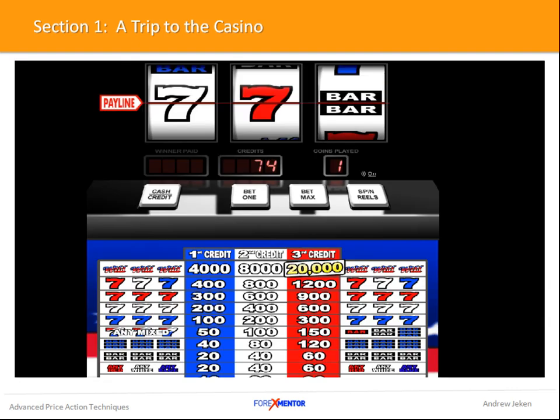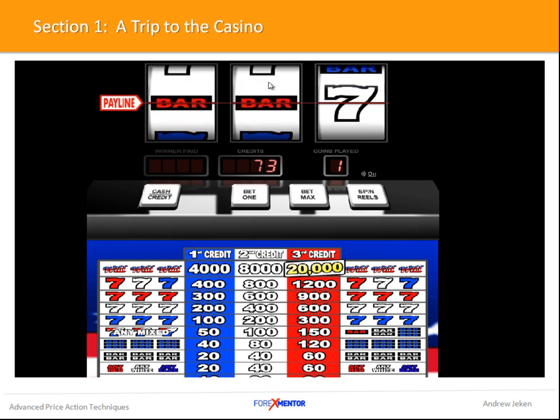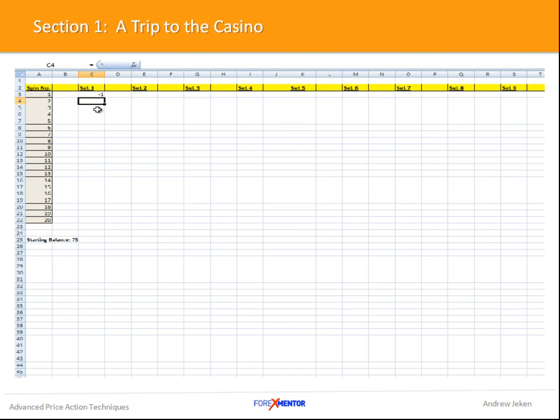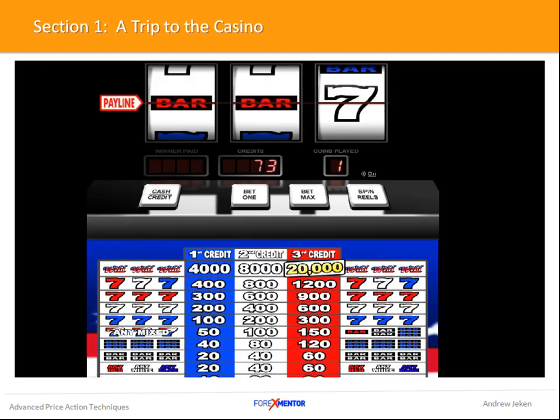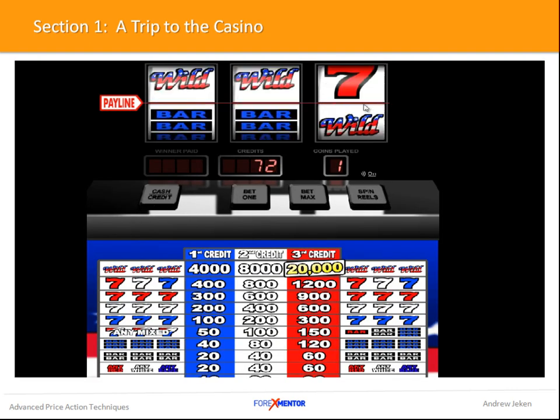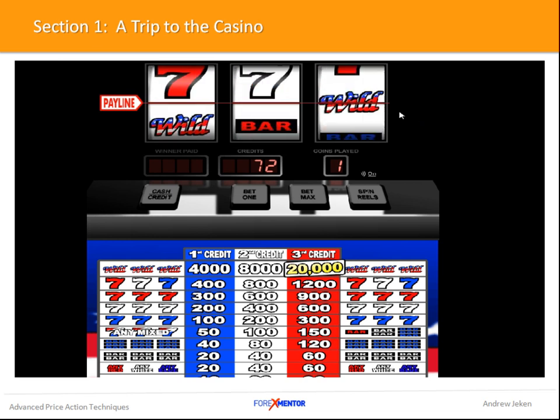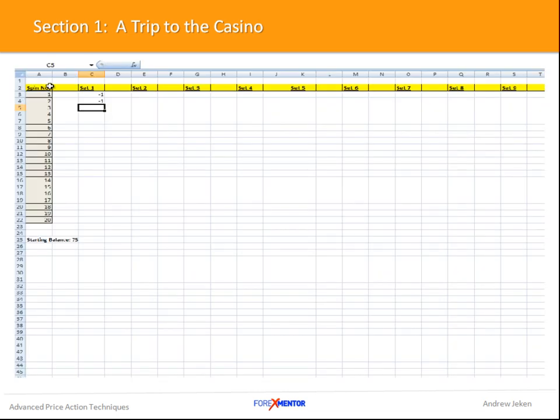So if we continue, still $1, and we bet, you can see we lose again. Understand that every time we flip the switch, push the button or pull the arm, we're not quite sure what's going to happen next. Now you can see we've had 3 spins and we've had 3 losses. There's no difference from what we've just done to putting on a trade in the marketplace. So we continue with our exercise,